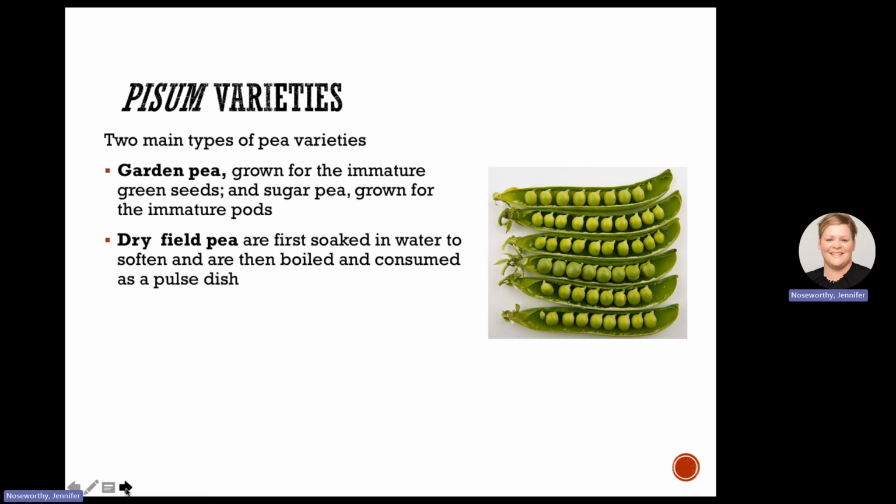Alternatively, you might be familiar with the dry field pea, and this is just a matured pea seed that may even be split in half, like split pea soup. And this is dried and has a long storage life, but really, there might be different varieties, but it's all coming from Pisum sativum, and it's whether or not you're eating it immature or mature.